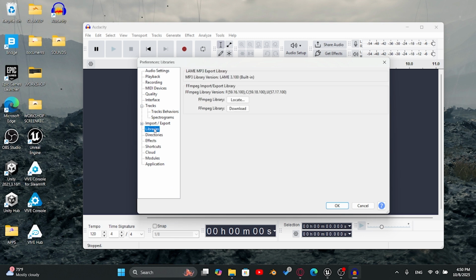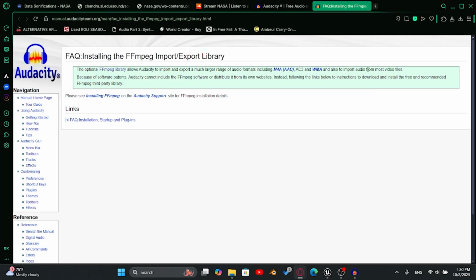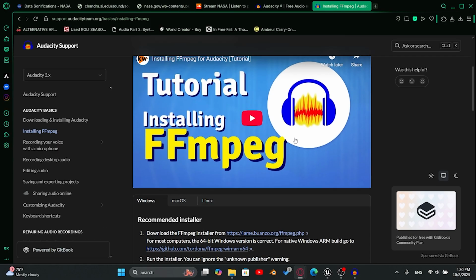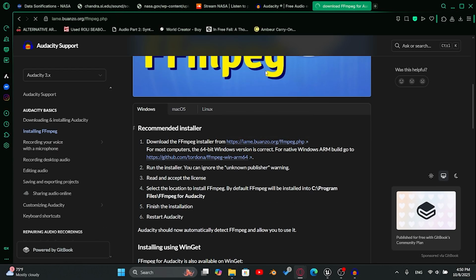And under here, go to Library. And you are going to download this FFmpeg library. It will guide you to this link. Due to license issues, we couldn't download it directly from Audacity, so we're just going to hit this install link, and you can download it from over here,